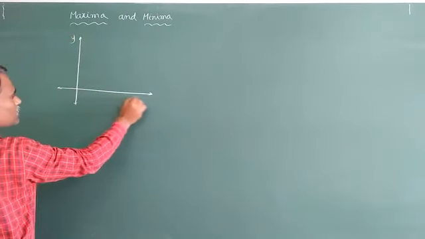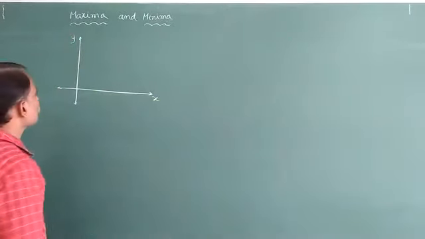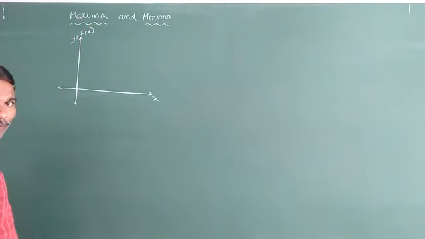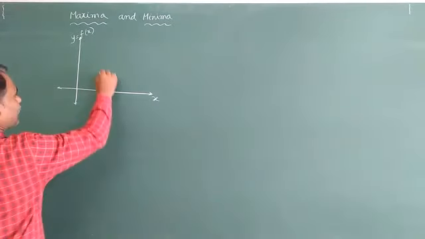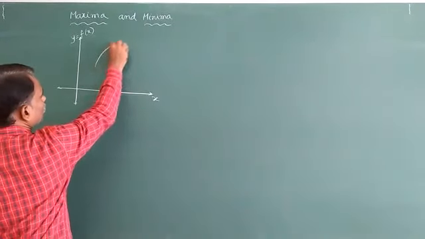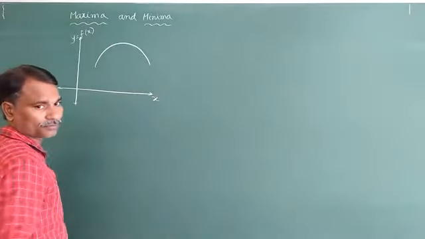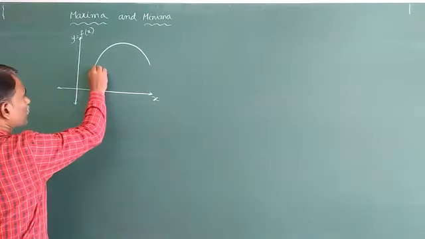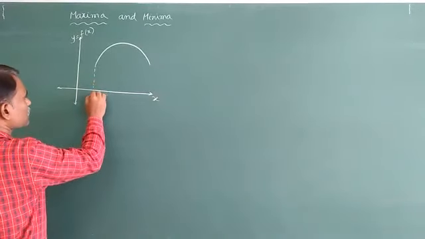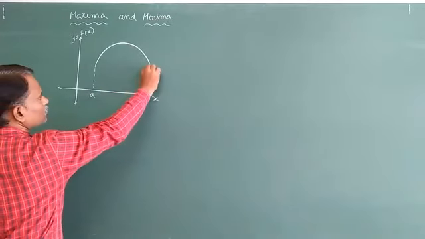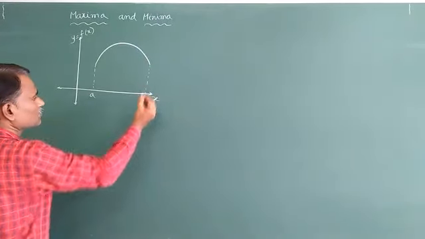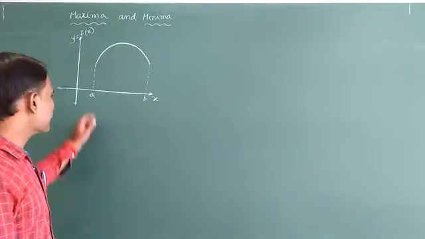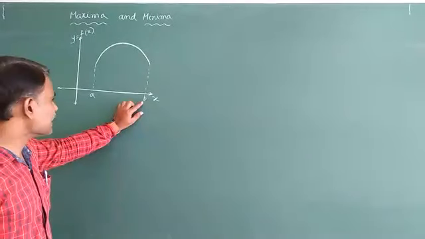This is y and this is the x-axis, already you know that. Y is nothing but what we are considering here in this concept: y is equal to f of x. Take one curve, whatever it is, y is equal to f of x, and also mention some interval a comma b. That means the curve comes like this now. Mention the interval.